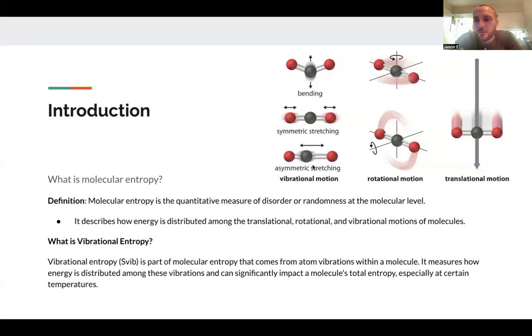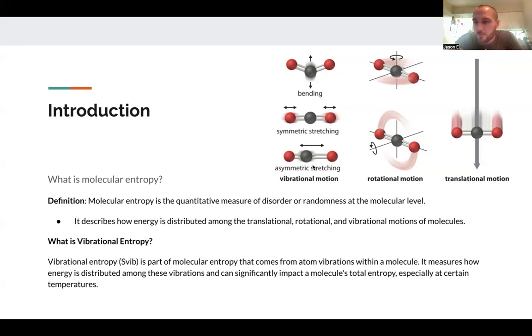Molecular entropy measures the randomness or disorder within a system at the molecular level. It quantifies how energy is distributed among a molecule's different types of motion. So that's translational motion, which is the molecule's movement through space, rotational motion, or its spinning around its center of mass, and then vibrational motion, which involves the periodic vibrations of